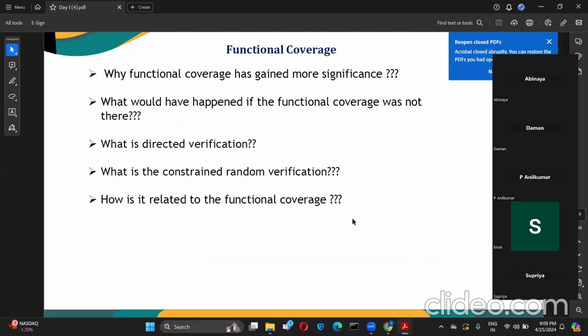Can anyone explain to me the difference between code coverage and functional coverage? Code coverage is how many lines of the code are covered, for example, the if statement, else statement and different statements. And functional coverage is: the DUT has some input and output pins, and those pins can take some range of values. Those ranges of values are defined as bins in a cover point, which is defined inside a cover group. When we run the scenario, we sample it to see which bins are covered. So that is functional coverage.